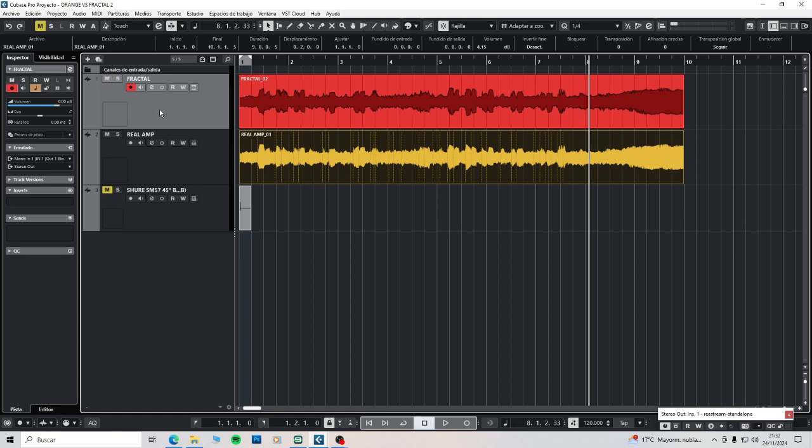I can tell the difference. In fact, I can tell the difference between the Fractal and the real amp. But we must do a tone match for the Fractal to sound like the real amp, more accurate. Okay, yes. We insert in the Fractal track